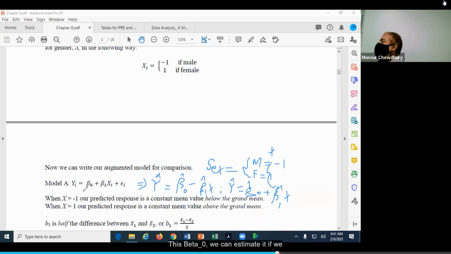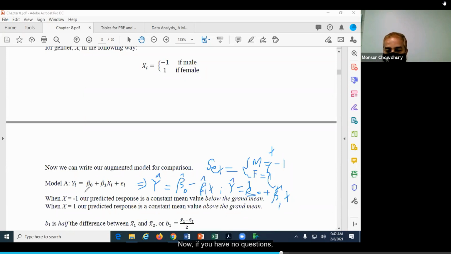So we can estimate this beta 0 if we take the average of all these values, which we learned from chapter 1 to 4 when I was reviewing. If you remember, I showed you the Husky's data set with 7 or 8 observations, and that the constant value is just a sample average, which is the ground mean actually. Any questions so far? You guys are good?